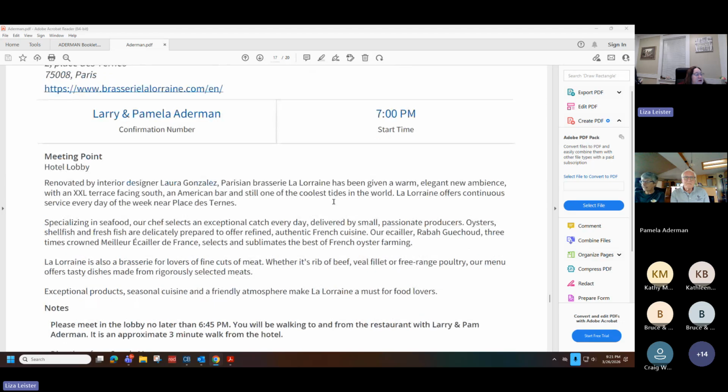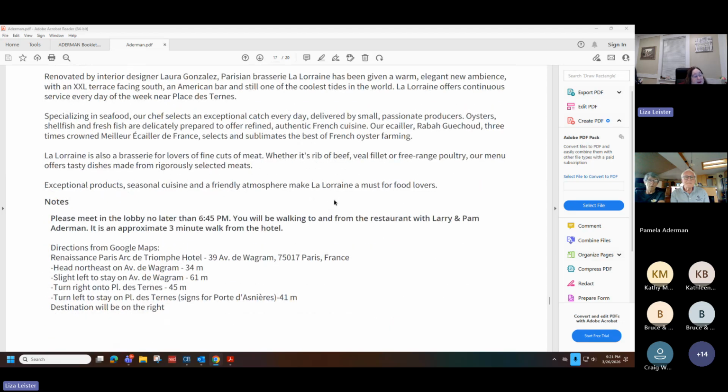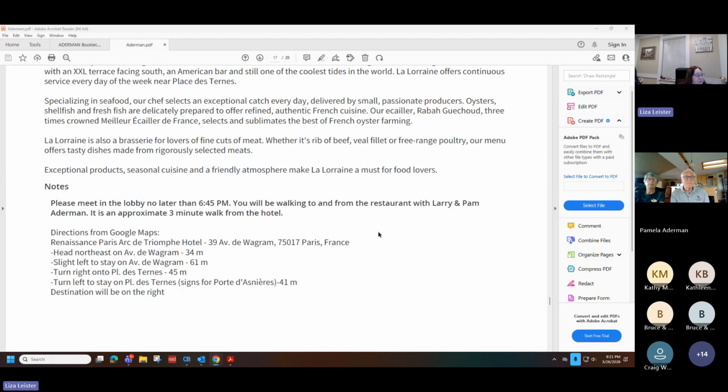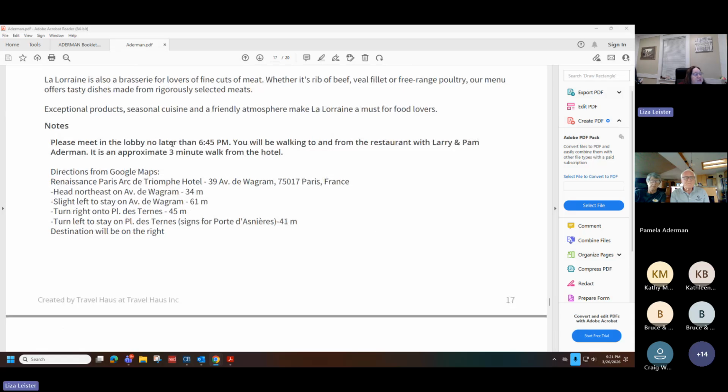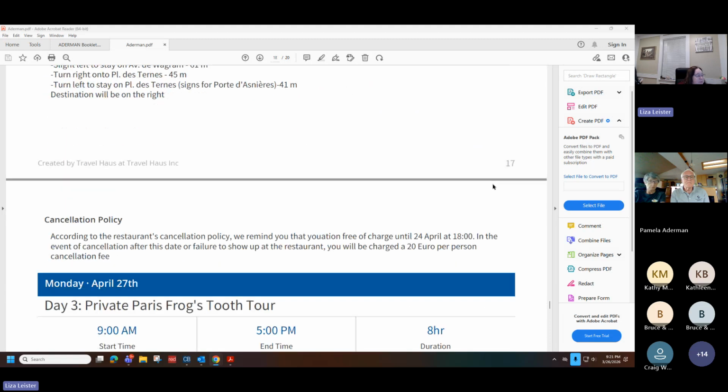And again, there's going to be 3 tables. They know you're all together, so they should hopefully seat you all as close as possible together. So meet in the hotel lobby no later than 6:45 p.m. so you can do the walk and get over to the restaurant in plenty of time.